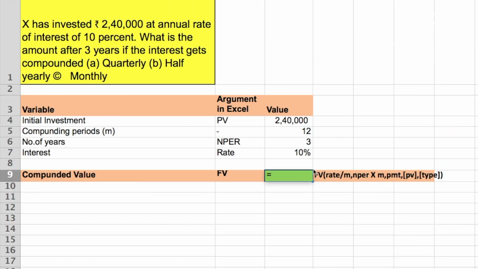Now again let us put FV, enter the argument for periods, and now note that the period will be divided by m, the frequency of compounding. Then we input NPER. Here m gets multiplied with the year as the compounding happens m times throughout n. Then leave the argument PMT, input PV, and you know that it is negative PV as it reflects a cash outflow. You find that you get the same answer you got in the formula.